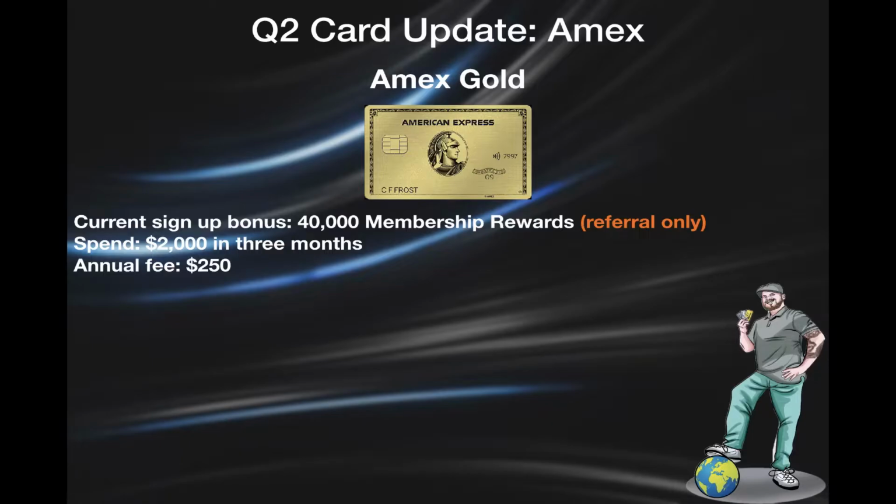The public offer kind of fluctuates between 20 and 35,000, and you can get that by spending 2,000 in the first 3 months. Now that does come with an annual fee of $250, and what you get for that is